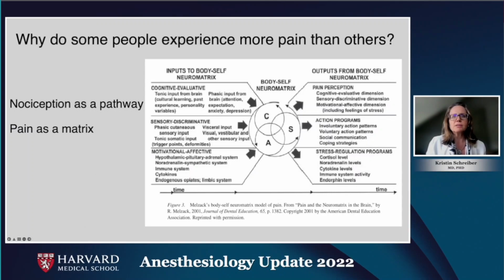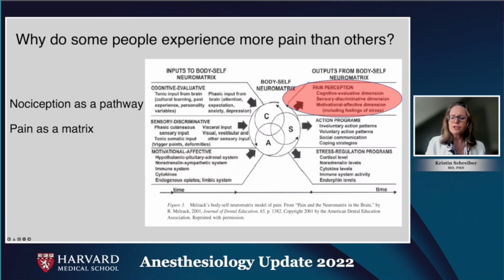And this is laid out as an input and output from our central system, inputs of nociception and outputs, things that we have to do to deal with it. So on the input side, we evaluate the salience and threat of a nociceptive stimulus cognitively based on our past learning. We discriminate harmful stimuli from other types of stimuli, other things that we can't afford to ignore. And our state of autonomic and inflammatory or even emotional charge can give meaning or interpretation to these incoming nociceptive stimuli. Now, at the same time, on the output side,